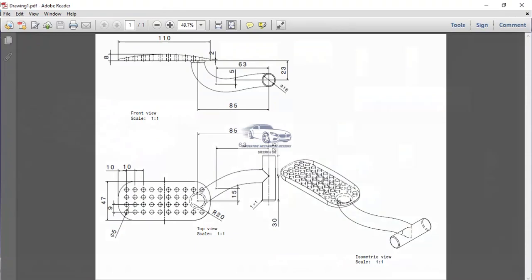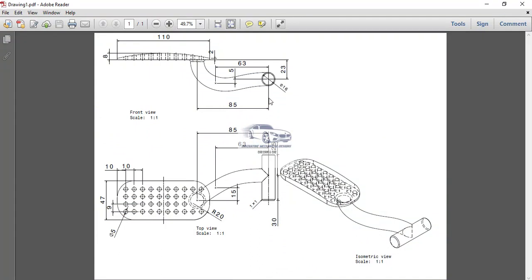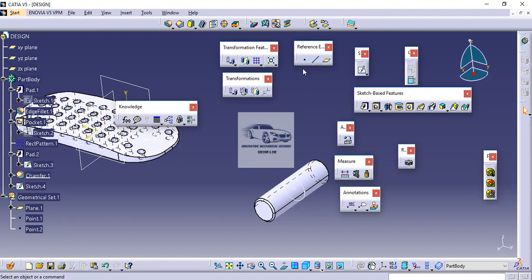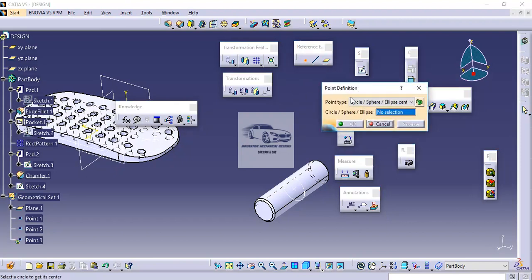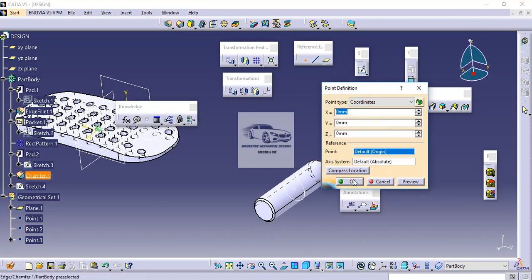Now finally we have to create a third point whose coordinates are mentioned like this. From the center of this cylinder it is 63, downwards 5, and in the third dimension it is 15. So for that I will go to point and then select the option of coordinates. Now in coordinates, since we have to give the coordinates by taking the reference of this center point, in reference point we will select this point.